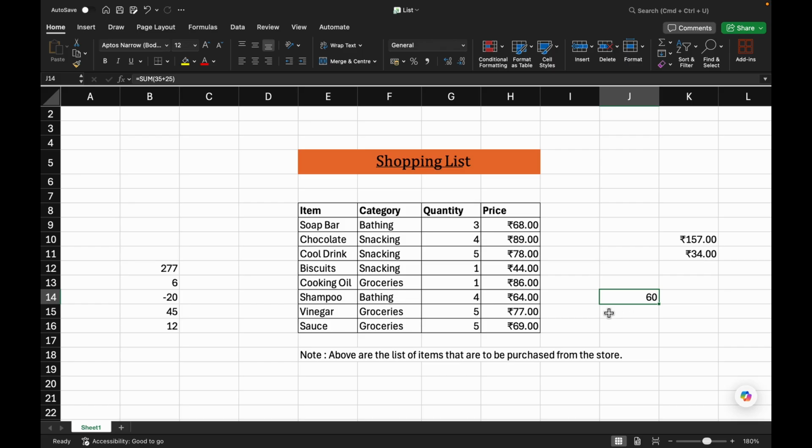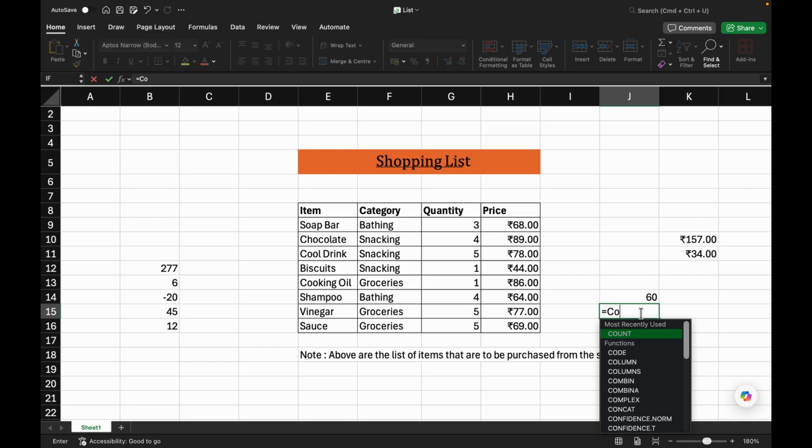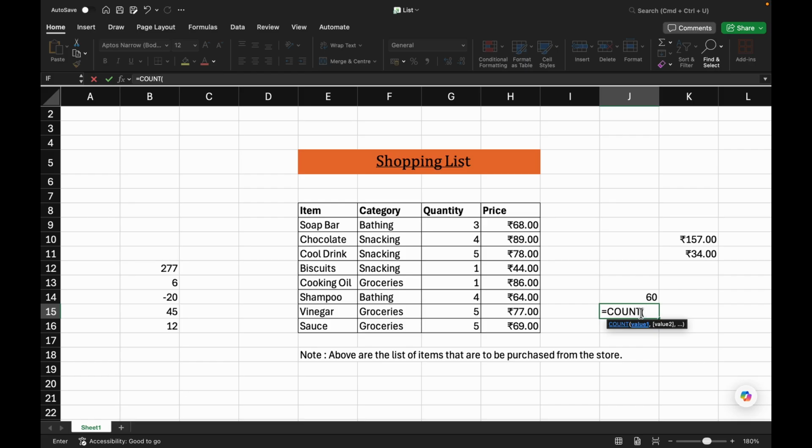In order to count a particular number of items in a series, what do you need to do? If I need the count of all the items in this particular column, what do I do? Let's see. Equals COUNT. If you want Excel to auto-complete it, you can hit Tab once it is highlighted. Okay, value 1, you can select this,